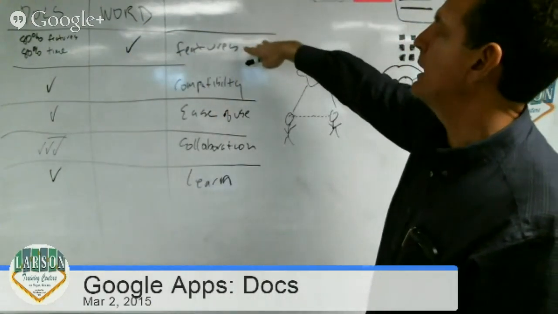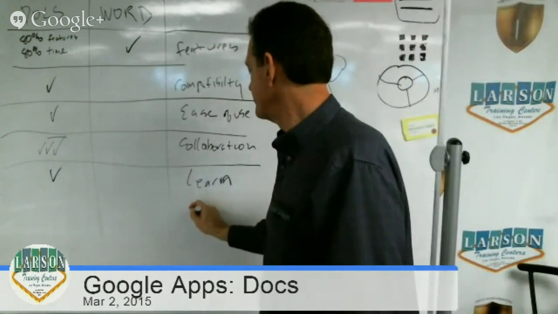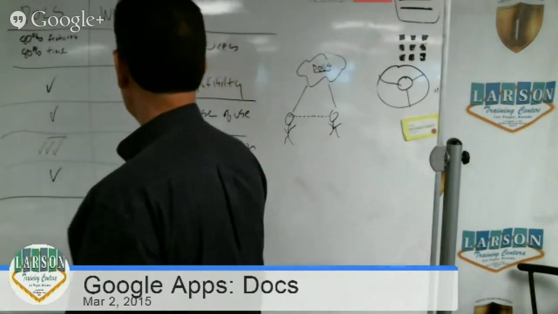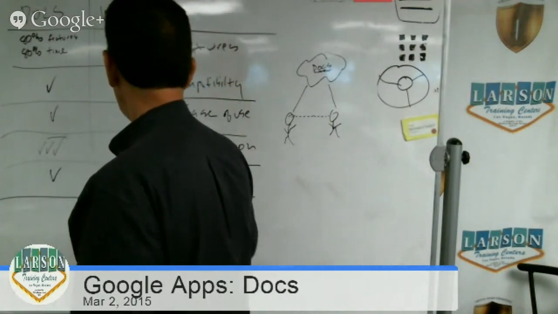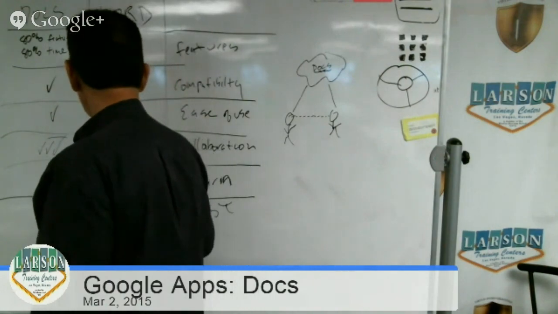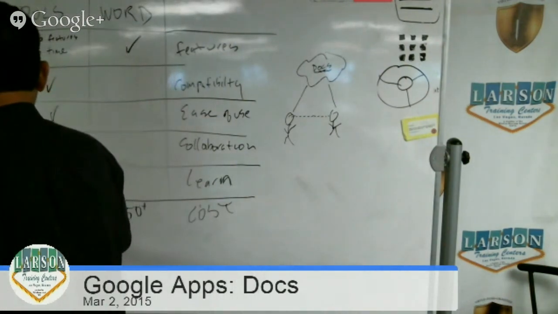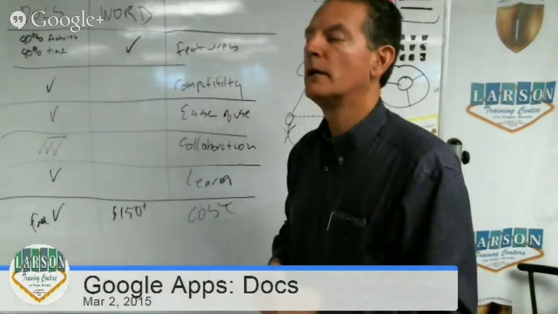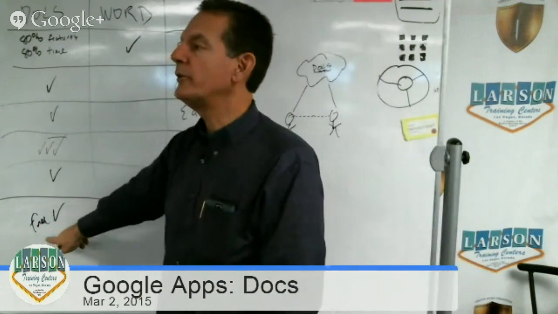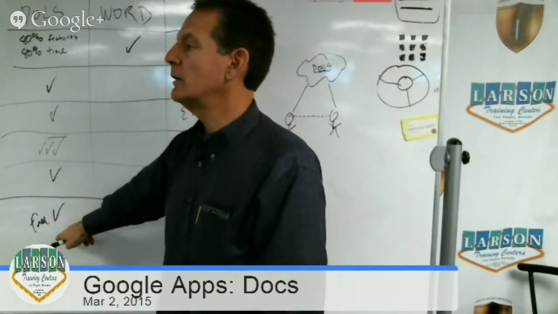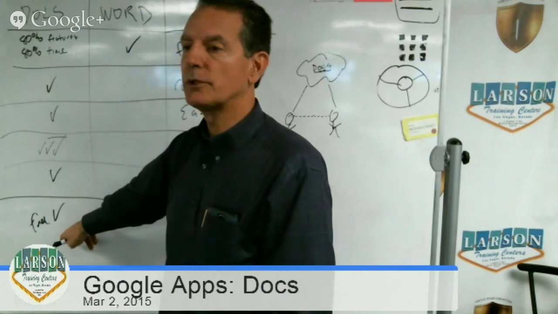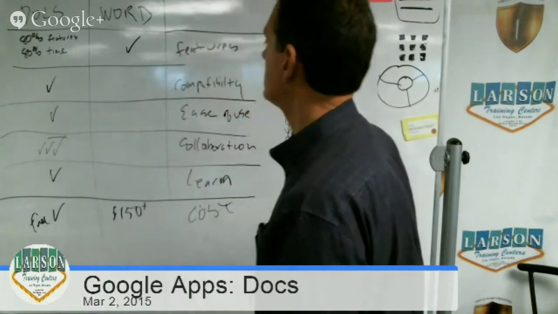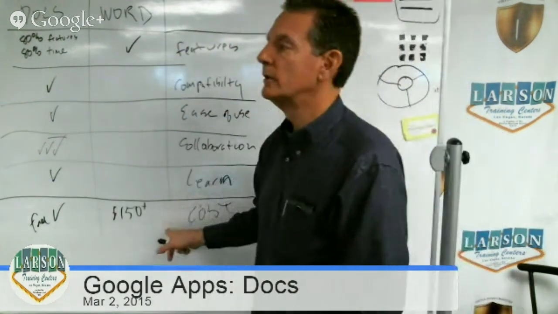these are the key features: cost. For a good version of Word, you can't just buy Word. Office is $150 plus. This is better because it's completely free. And this is always being updated. You don't have an old version of Google Docs. They keep updating it. How do you update in Word?